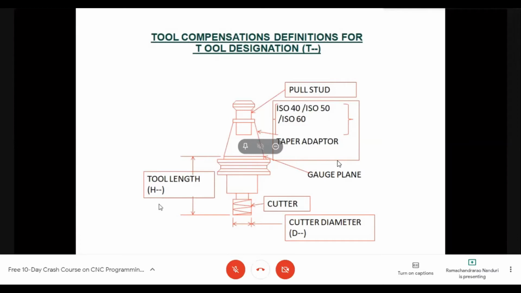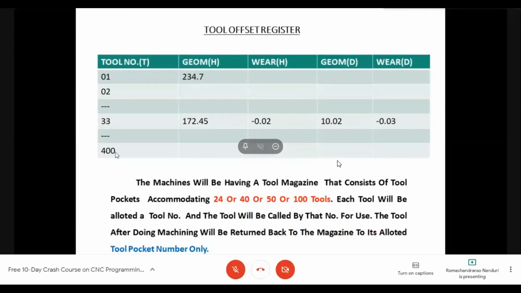Okay, so next slide. Here, the tool number is 1, 2, 3 or something. There will be 400 as far as I have seen. Some other machines may have other counts. Geometry H stands for the length of the tool.